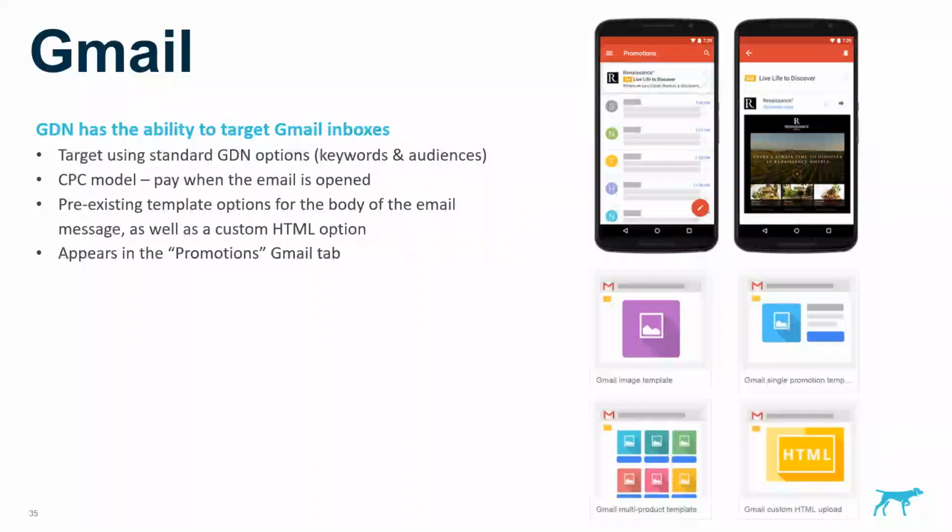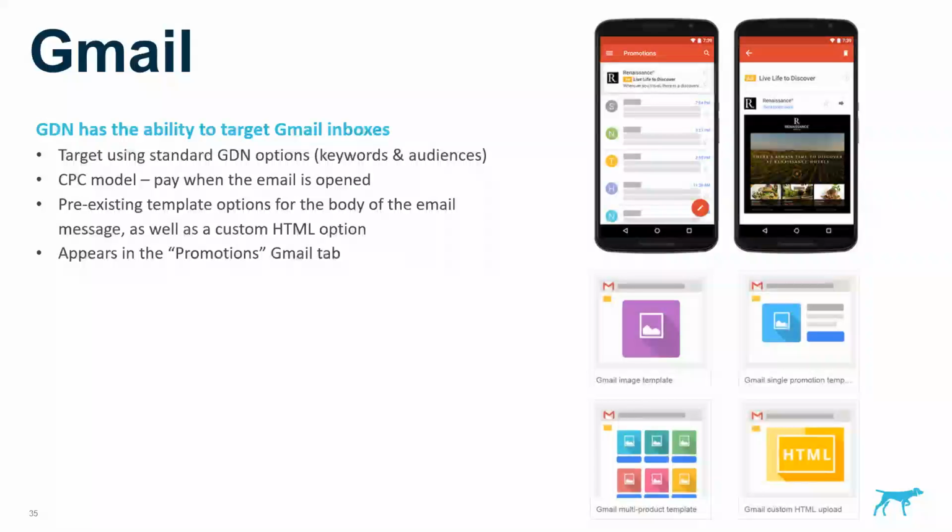GDN also has the ability to target Gmail inboxes. This is using the standard targeting options before, the keywords and the audiences. It uses a cost per click model, so you'll pay when the email is opened, not when someone clicks through to your website. It does have pre-existing template options, which is quite useful. There is a custom HTML option if you had a coder on hand and wanted to make a very fancy email upon opening,